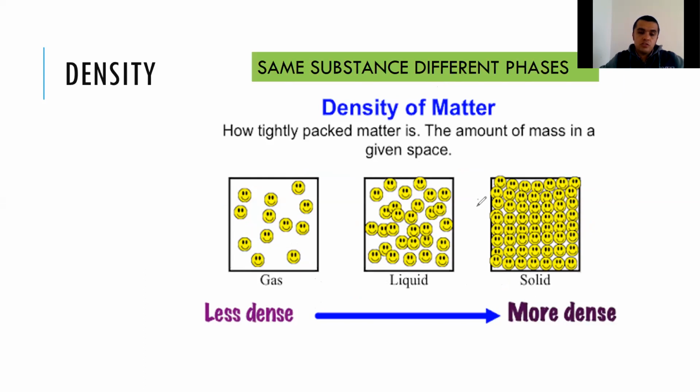So I can easily say that for most substances, usually what we see is that when a metal changes from solid to liquid, what happens? The density decreases, okay? When it changes from liquid to gas, what happens to density? Decreases. So if the temperature increases, you go into a less dense structure. If the temperature decreases, you go into a more dense structure, okay? This is usually. I said usually, why did I say usually? It's not always, because